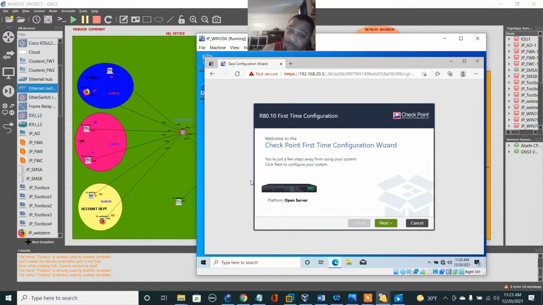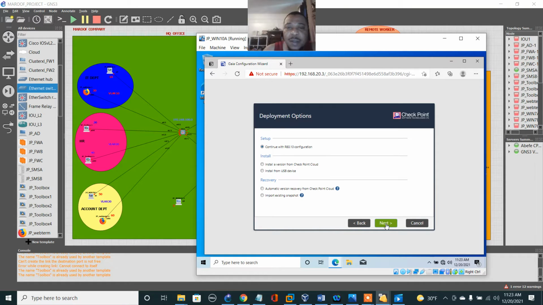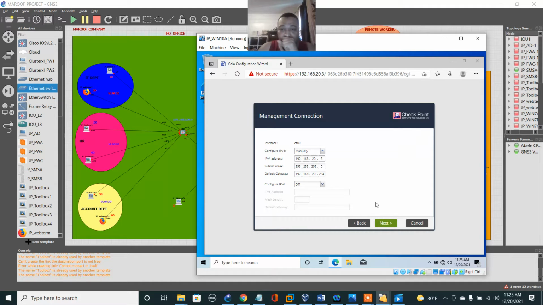Because of the virtual lab environment, I'm actually using the open server as my configuration. So continue with your R80.10 configuration. I click next. So here, I'm going to use my VIP as my default gateway on the Ethernet 0. I click next,